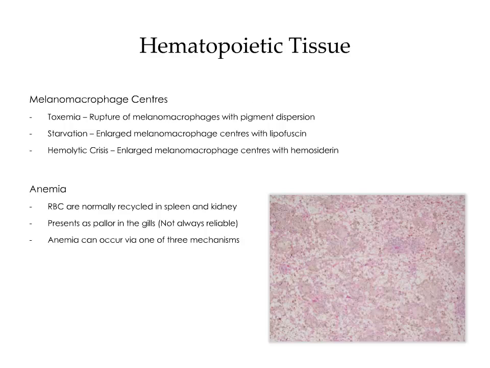Melanomacrophage centers are excellent indicators of pathology. With toxemia, there may be rupture of the melanomacrophage centers resulting in pigment dispersion. With starvation, the melanomacrophage centers may be enlarged with increased amounts of lipofuscin as a result of catabolism. During a hemolytic crisis, the melanomacrophage centers may be enlarged with an abundance of hemosiderin as a result of increased